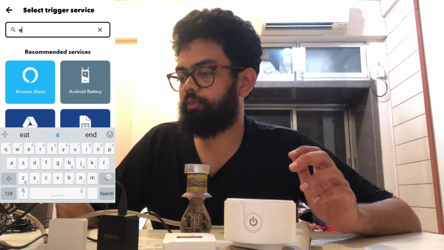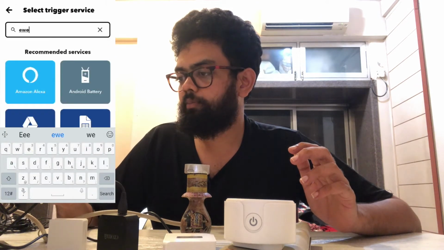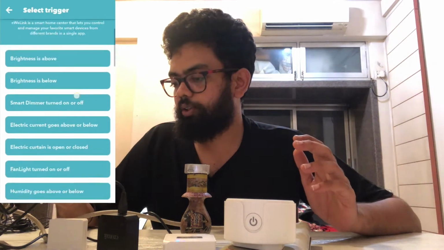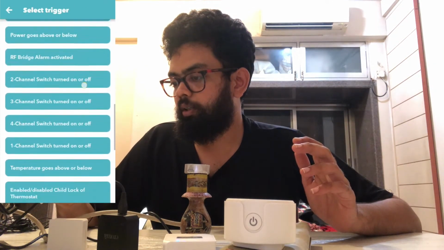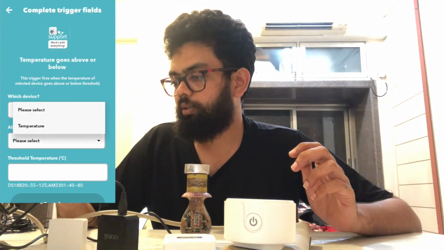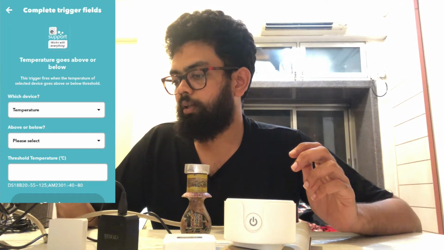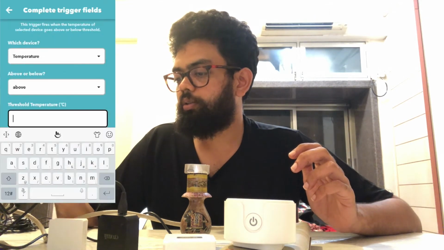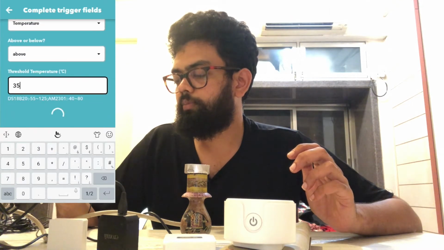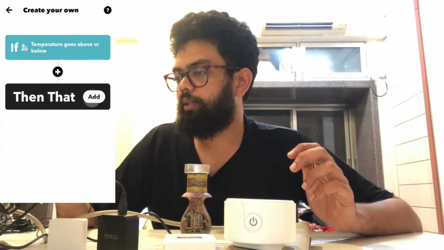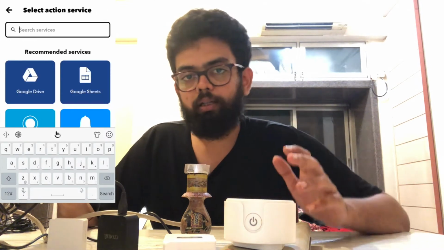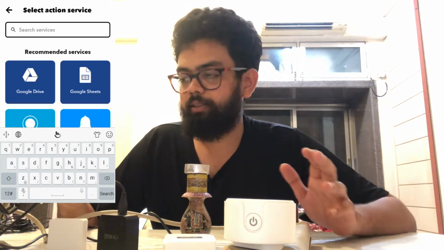add, search for eWeLink. Here I'll search for temperature sensor. Temperature goes above or below. I'll click on the temperature sensor, above 35 degrees, continue. Then, here I have a Chroma IR Blaster and the partnered application for the IR Blaster is the SmartLife app.